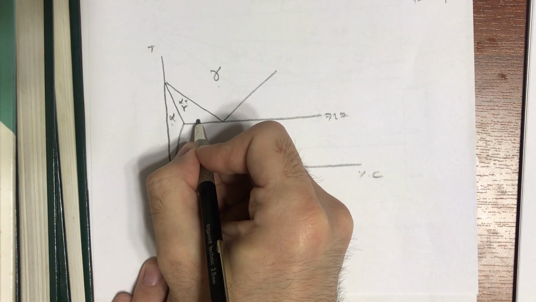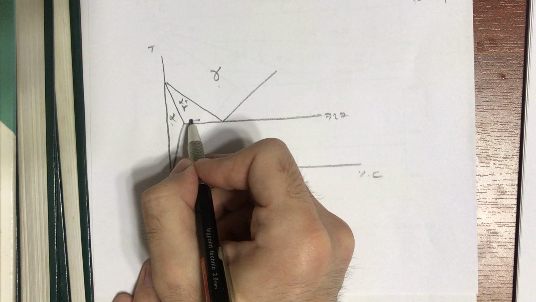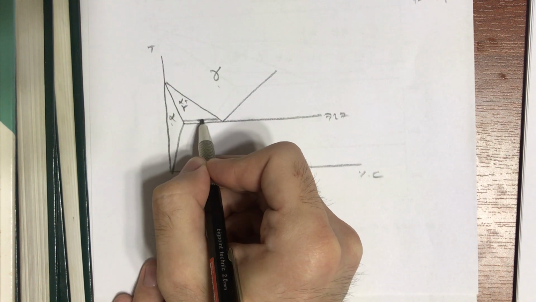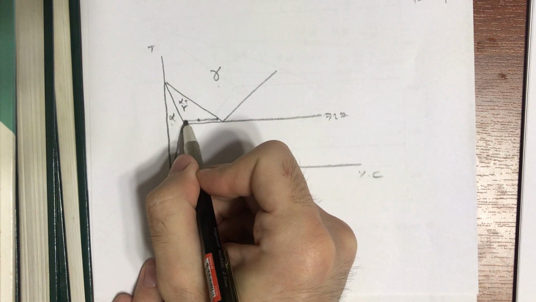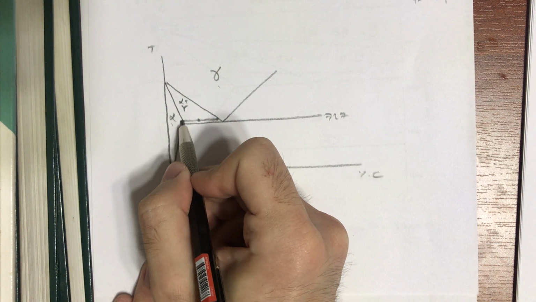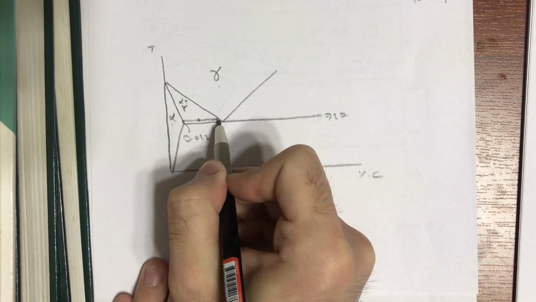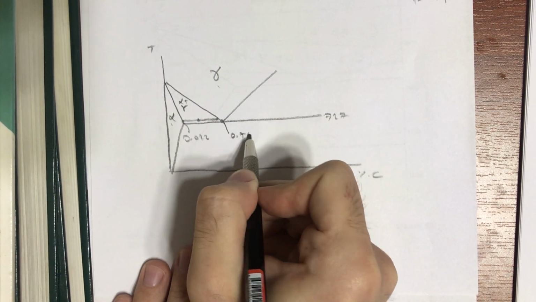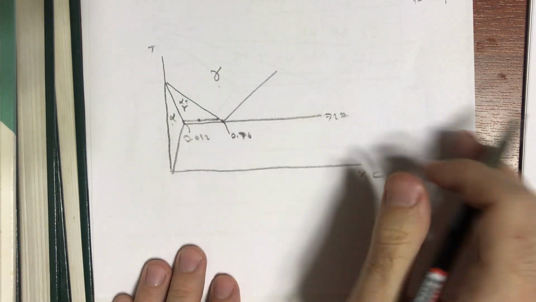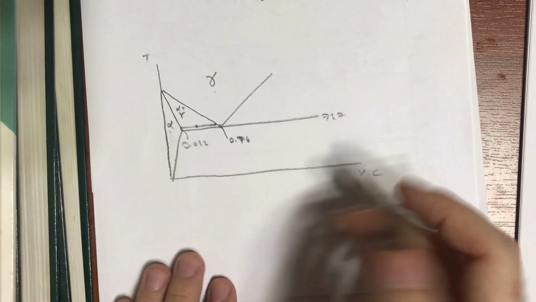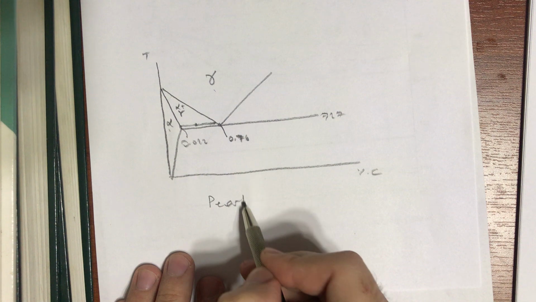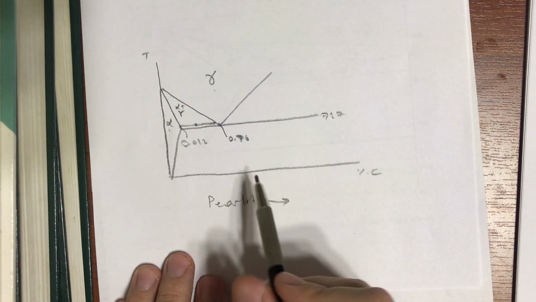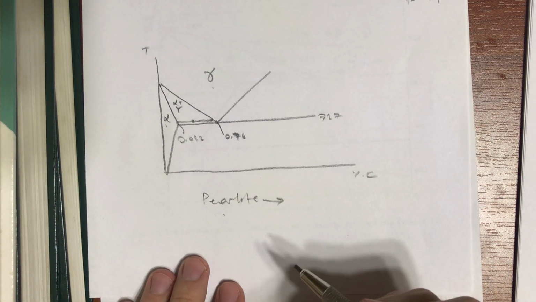So we are just above the 727, and our tie line is now between 0.022 and 0.76. So the perlite, that is given in the problem, and that is specific to the iron carbon system,